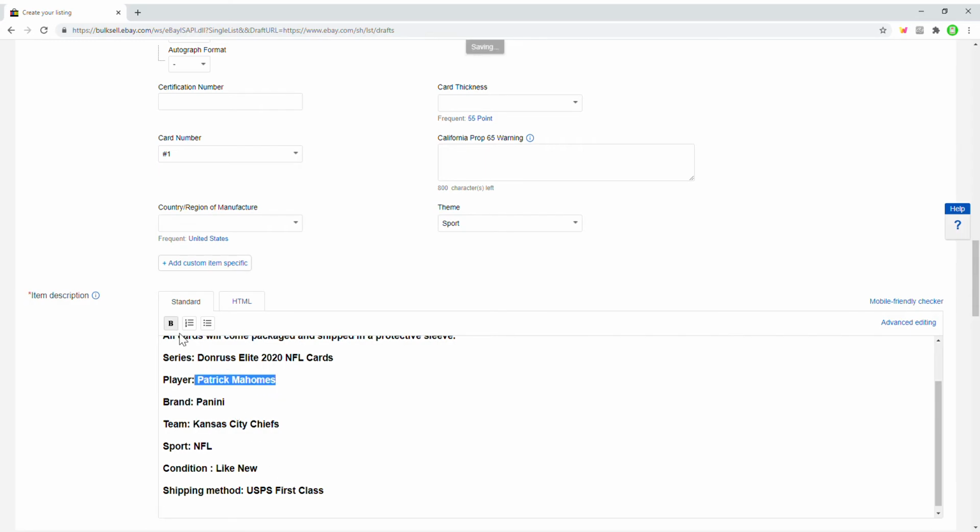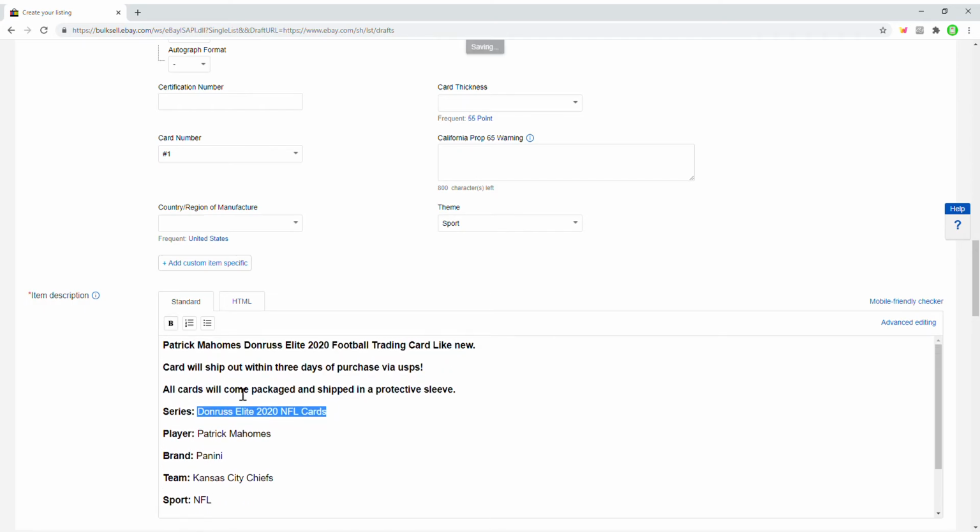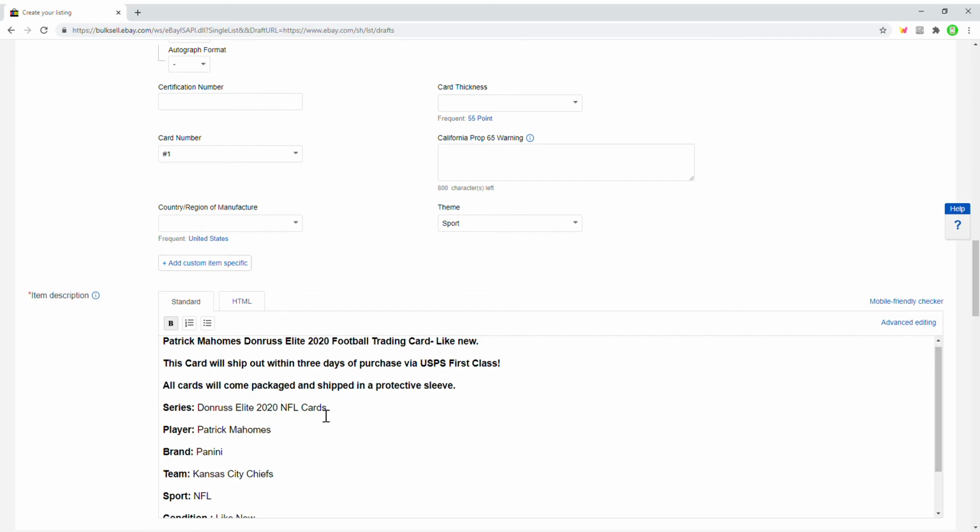And then I like to go back here and go through and unbold this and leave the player, the series, all nicely formatted. So now we have a description of our card. Our Patrick Mahomes Donruss Elite 2020 Football Trading Card, like new. This card will ship out within 3 days of purchase via USPS first class. All cards will come packaged